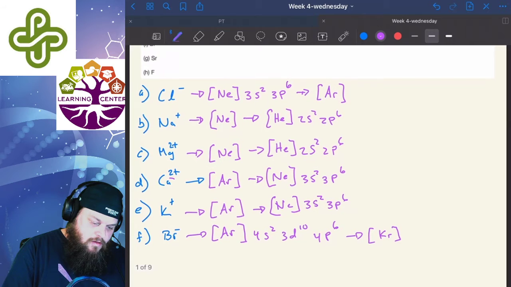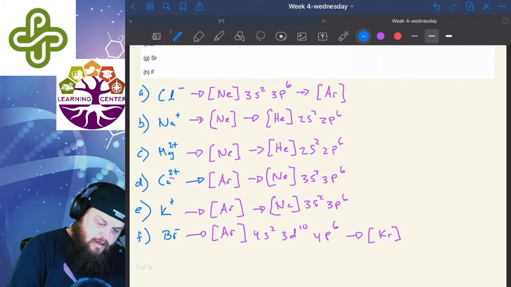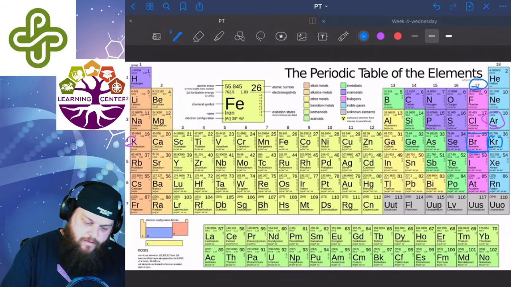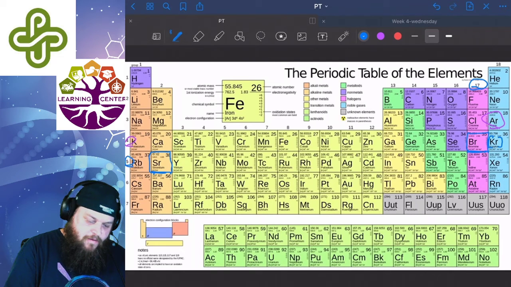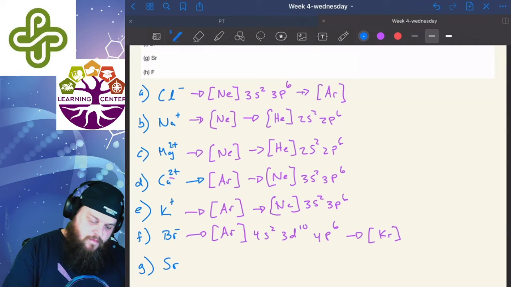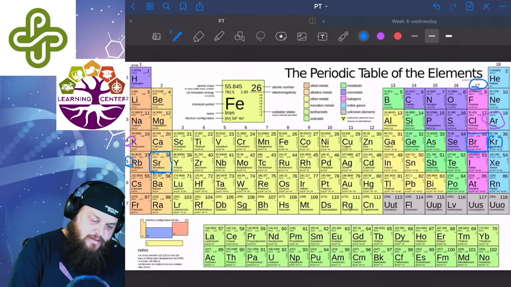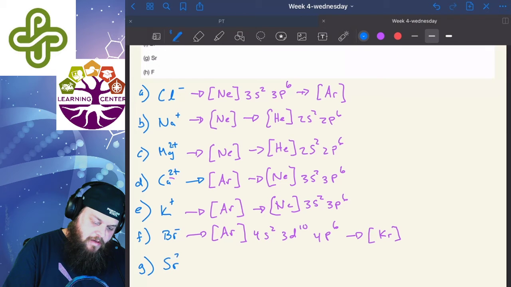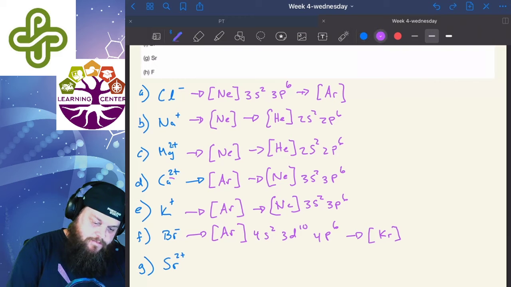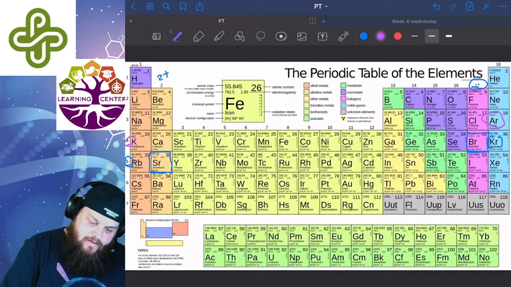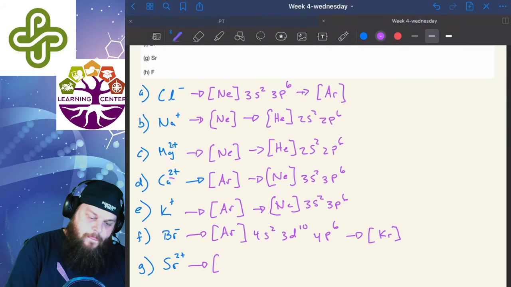So the strontium, part G. Looking over and finding strontium on there, that's going to be a group 2 metal here in period 5. Since it's in group 2, it gets ionized. These are all going to be 2+, that whole group 2 category, so that's going to be a 2+ as well. So normal strontium, since on period 5 it's going to have a krypton core,